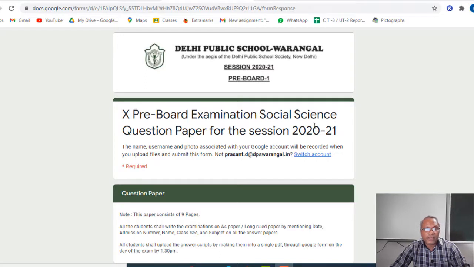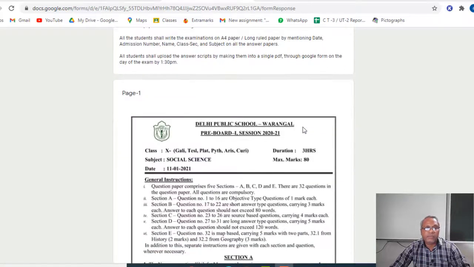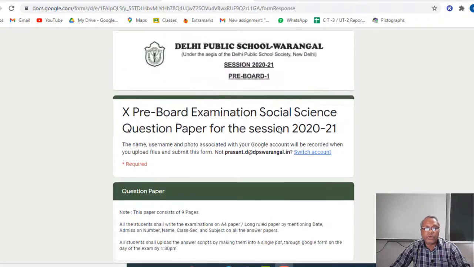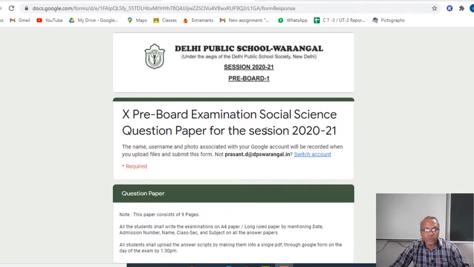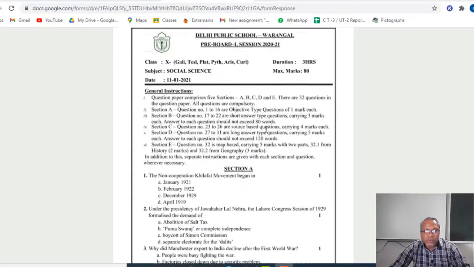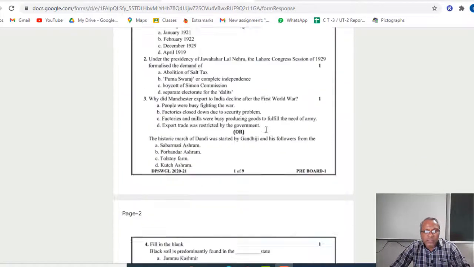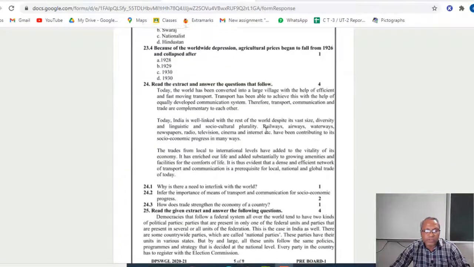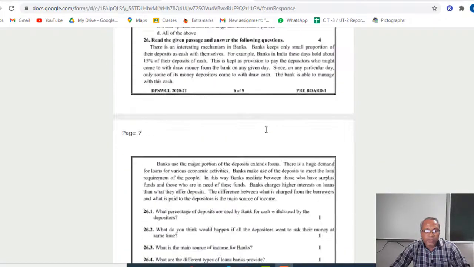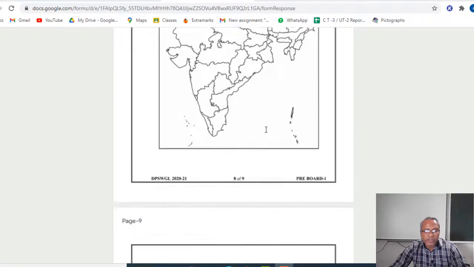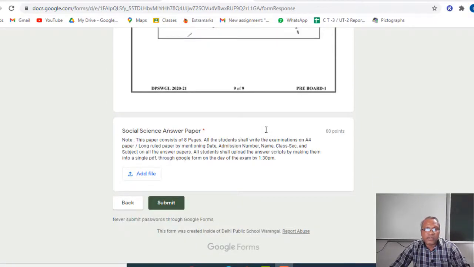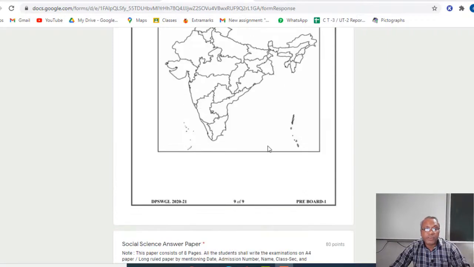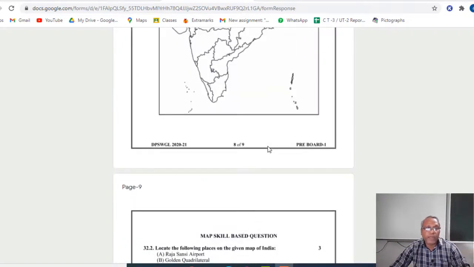So exactly at that particular time on that day, they would be able to open this question paper, what I am showing you right now, and it goes on till page number 7. This is the social science question paper, and the children have written this exam for 80 marks, full paper, a board pattern paper.